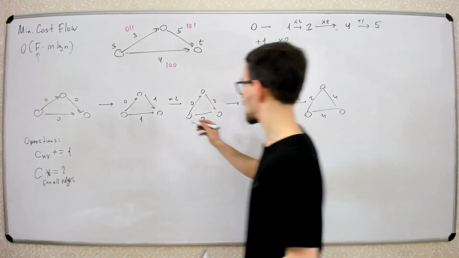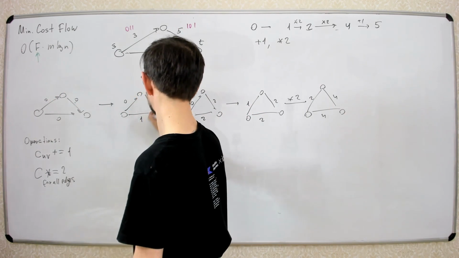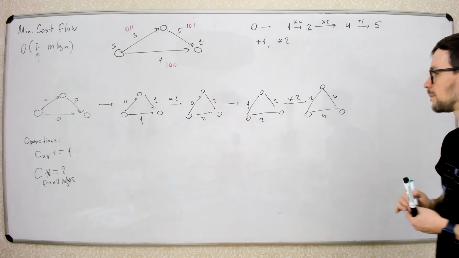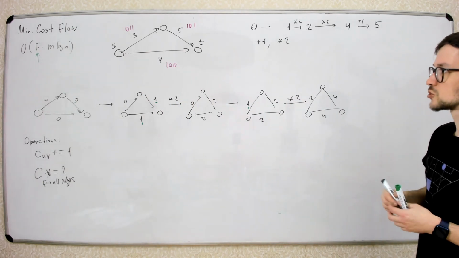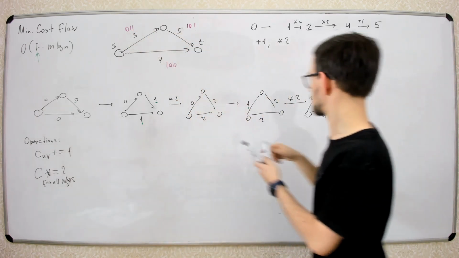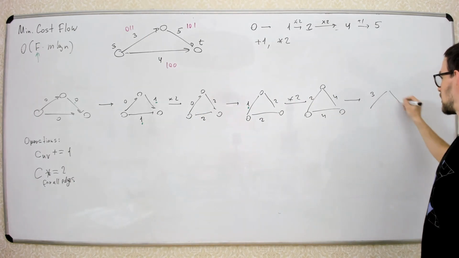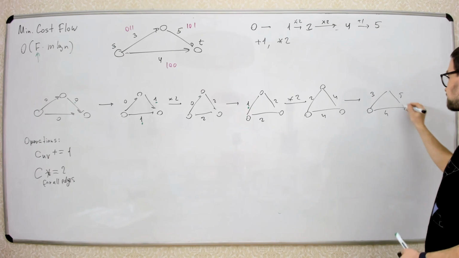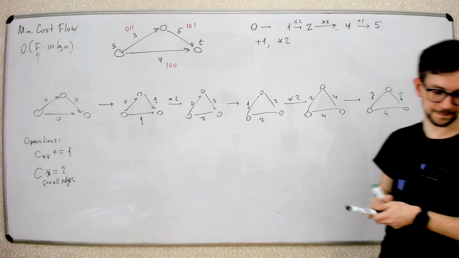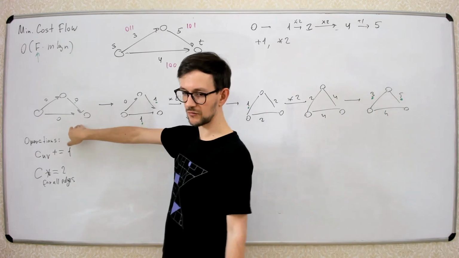Let's make this also. So I increment this element and this. Let's mark it here. I increment this element and this element. And here I incremented only this element. Here I multiply everything by 2. And almost all. Now you need to set the third digit here and here. So I increment these two elements. I got 3 and 5 here. So this is my graph. So I just moved from the 0 graph to my graph